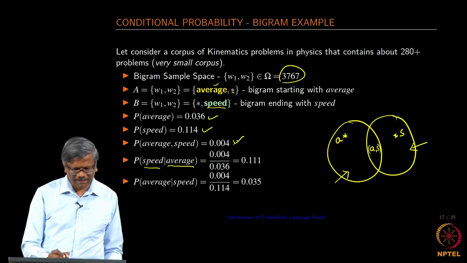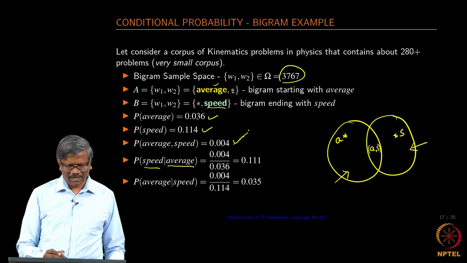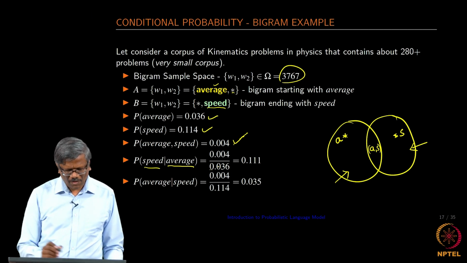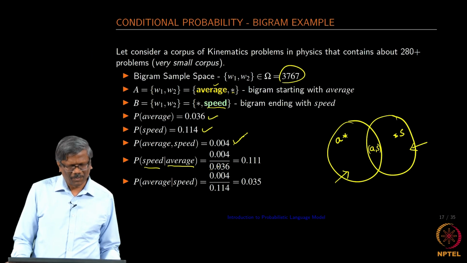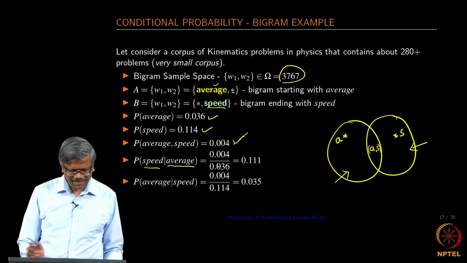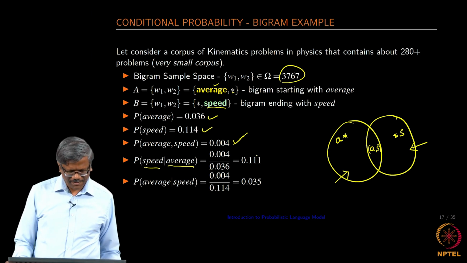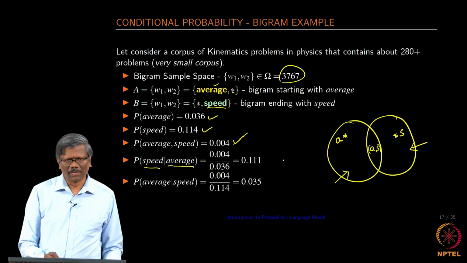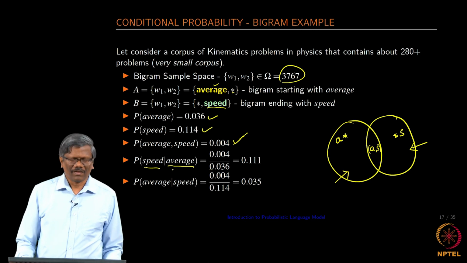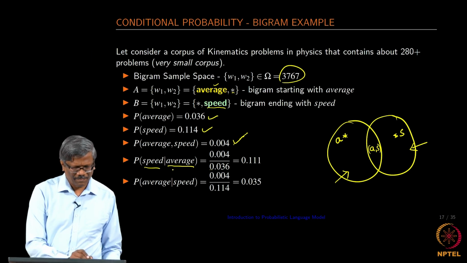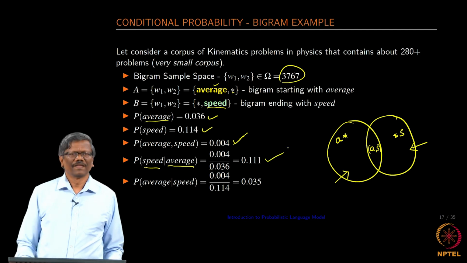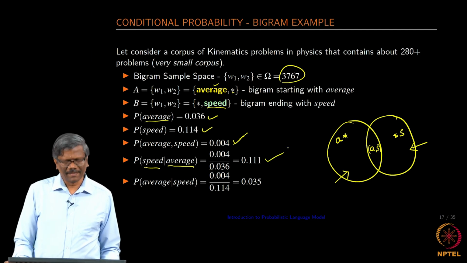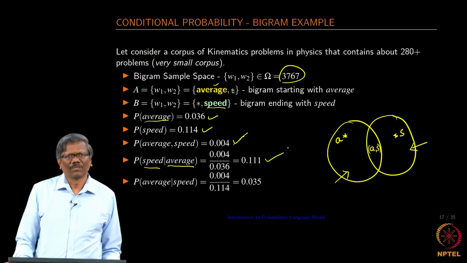I have the joint probability, and I have the probability of the word average. Remember, it is the ratio of the joint probability to the probability of the word that occurs as the first one. So, we have average speed